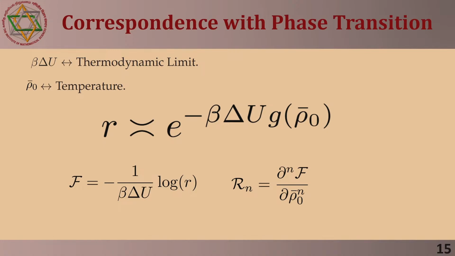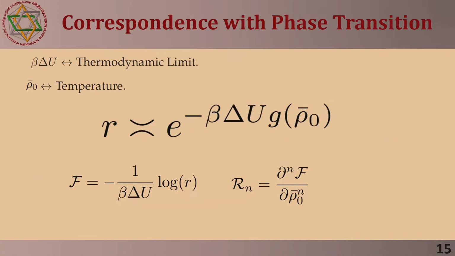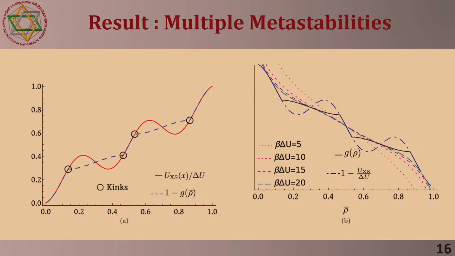Having drawn this correspondence, we can now define the free energy of the system, which is given by this expression, and it is important to notice that free energy in the limit of beta delta u tends to infinity is nothing but this function g, and similarly the response function is defined as the derivative of this free energy f with respect to the density of the system. So, to show how the introduction of the response function helps us count the number of kinks in g even at finite beta delta u,